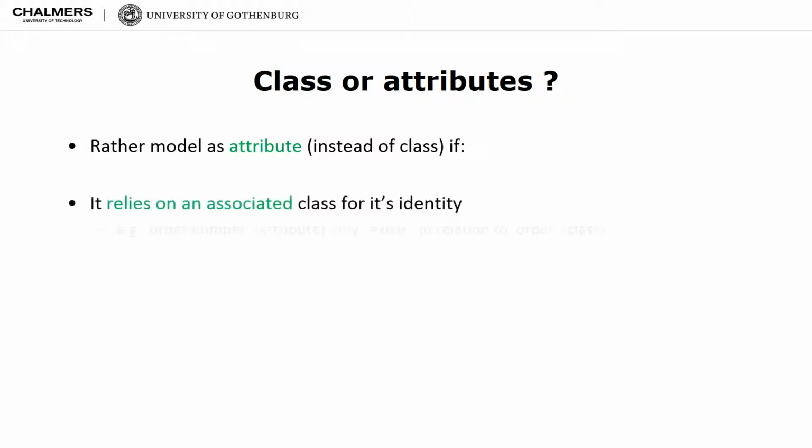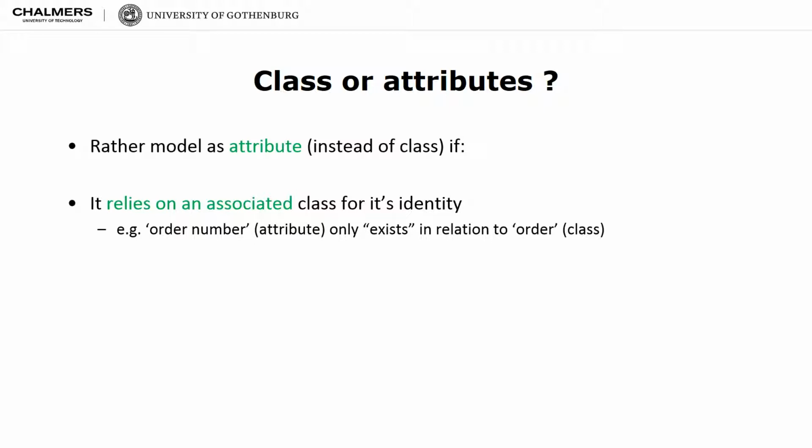Typically, you are better off going for an attribute when that concept relies on another concept for its existence. A typical example: you have an order number only in the context of an existing order. You don't have an order number existing on its own in isolation. This is a typical hint that should drive you to model order number as an attribute and not as a